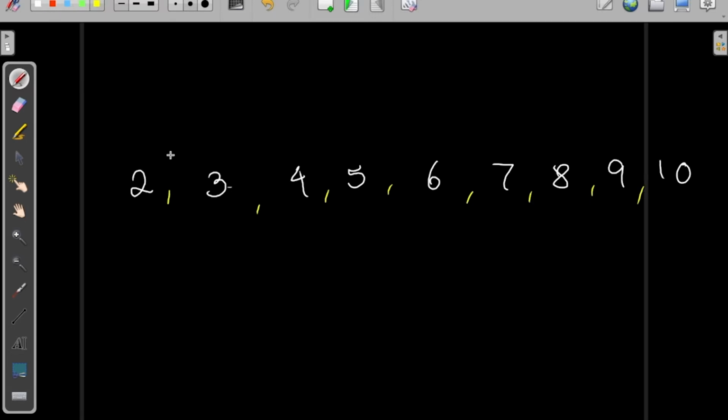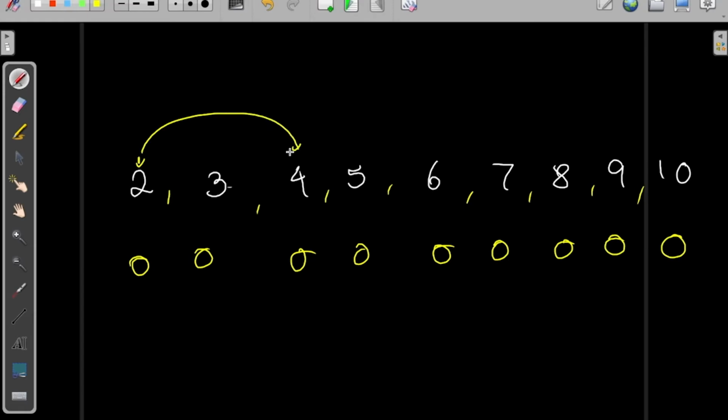So we have the values as 2, 3, 4, 5, 6, 7, 8, 9, and 10, separated by commas. So what we would do is, initially we would mark all the factors as 0. The number of factors initially for everyone is 0 itself. Then we would go to 2. Then for all the multiples of 2, we would say that the number of factors you have,